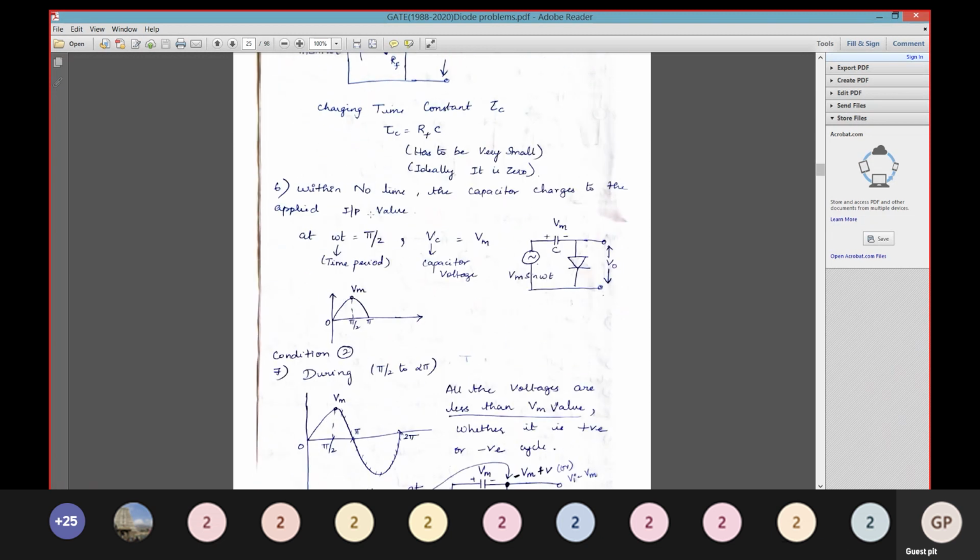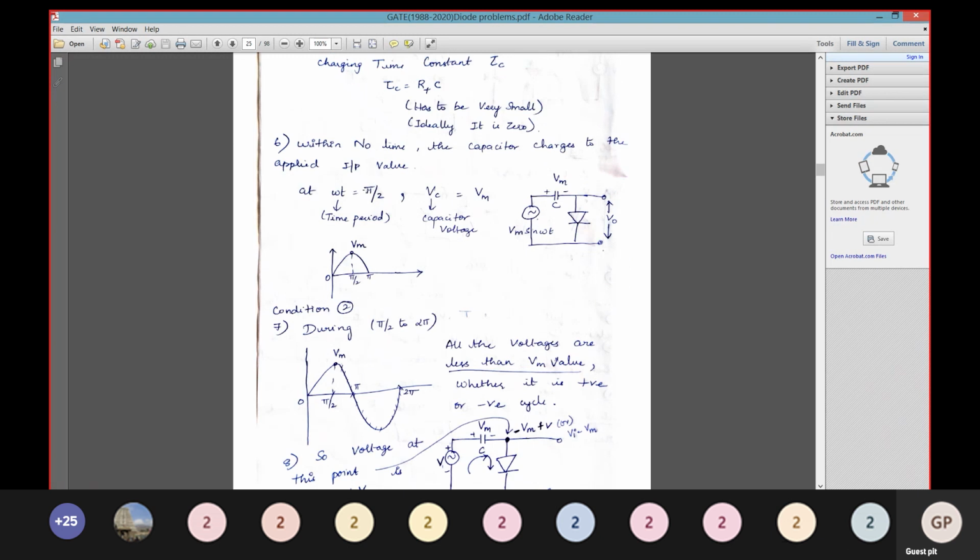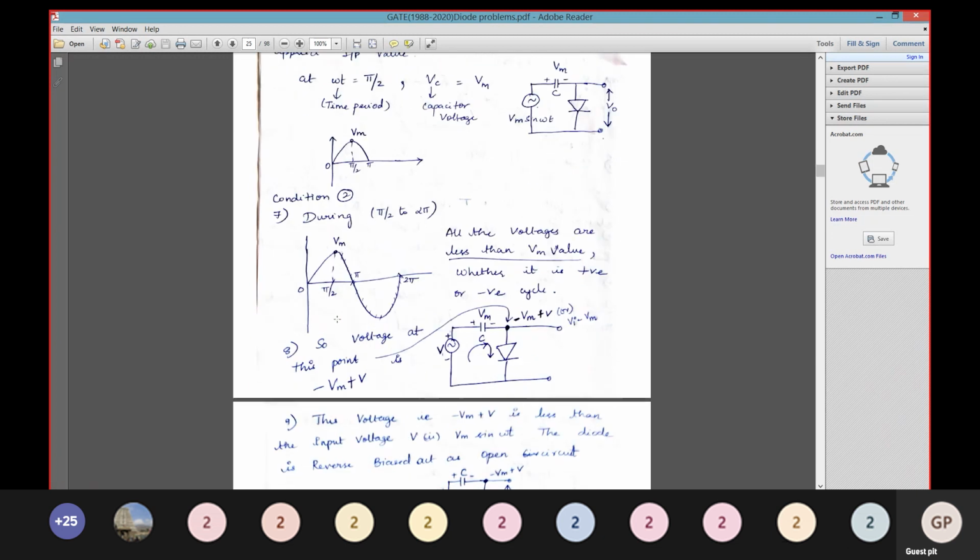Okay. So now what happens in the time period from pi by 2 to 2 pi? Okay, so from pi by 2 to 2 pi, what happens over here? So now at exactly this point, the voltage is minus Vm. Why is it minus Vm? A negative potential, the leaving potential you need to take out. So minus Vm, and here it is your leaving potential.